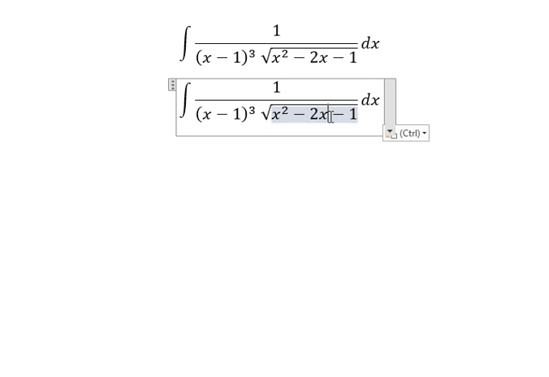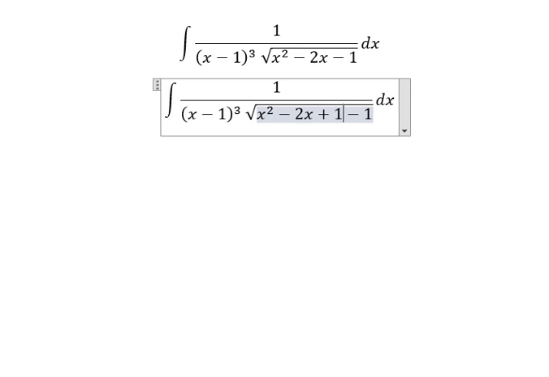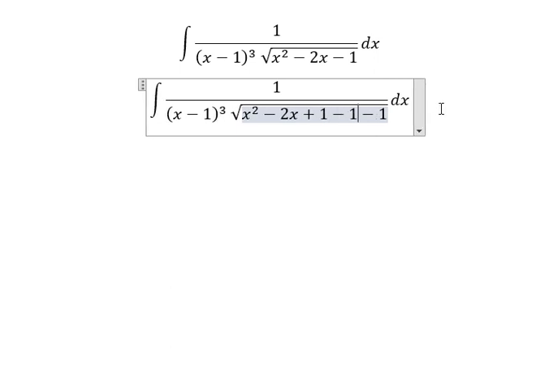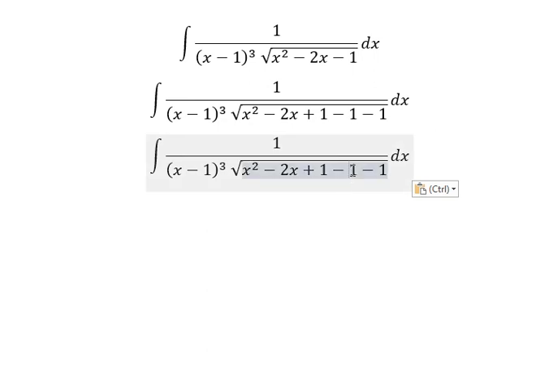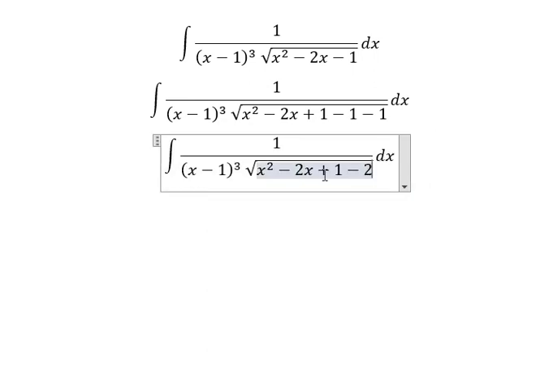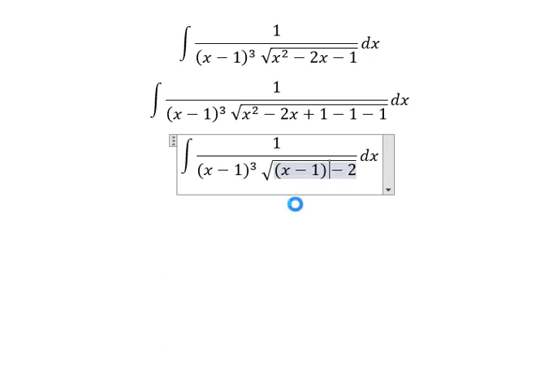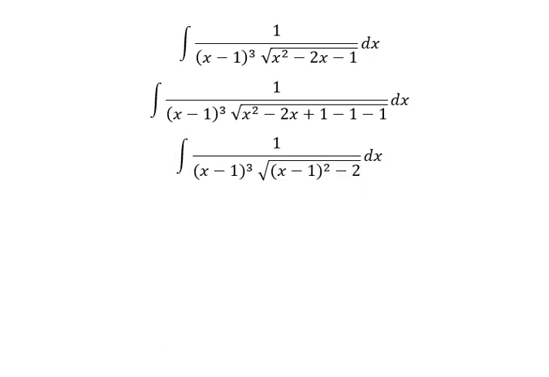We need to add number 1. Later that we need to minus number 1. So this one we have negative number 2. This one that is about identities. So we can use integration by trigonometric